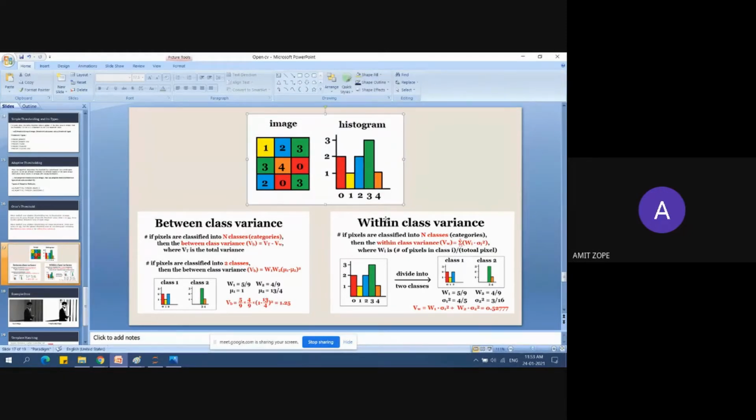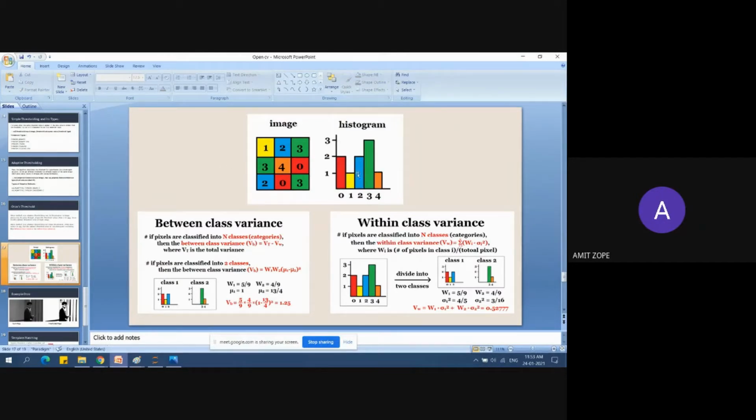Let's say that this is an image. You will understand it better with this example image. These are the pixel values. The total number of pixels is 9, and for each pixel there is one value assigned. And this is the histogram, which I told you about.